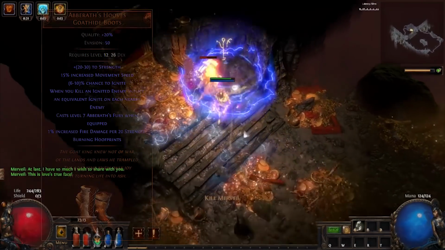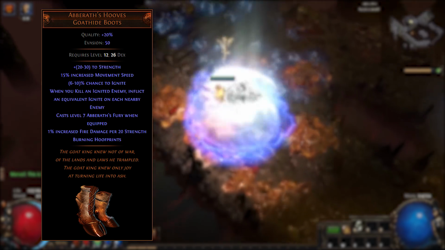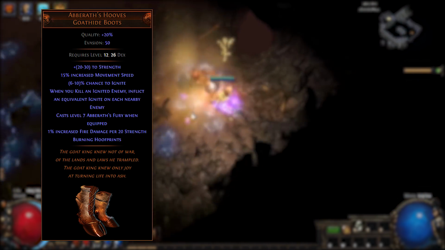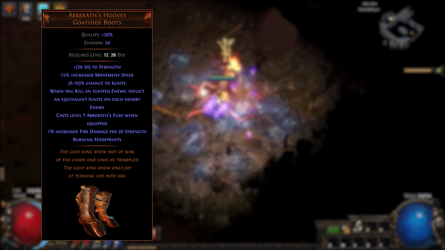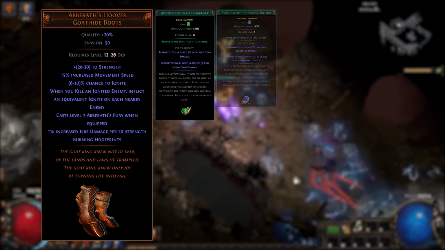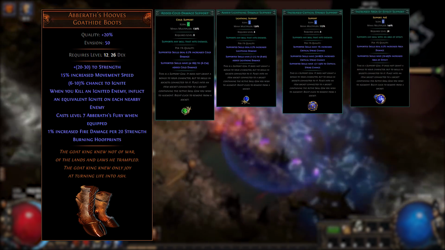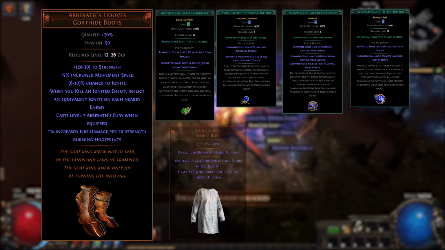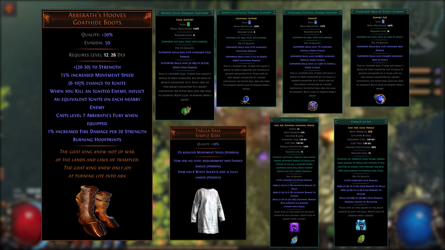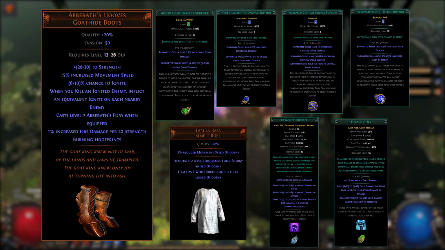To get started, let's look at Abberath's Hooves. Abberath's Hooves are unique goat hide boots that deal an explosion every step that you take. And these explosions are affected by your spell modifiers, including support gems socketed into the boots. We're going to use added cold damage, added lightning damage, increased crits, and increased area of effect. We're also going to use a Tabula Rasa with both Herald of Thunder and Herald of Ice linked into it. And linked to Herald of Ice and Thunder, we're going to put increased crits, added cold, and added lightning damage